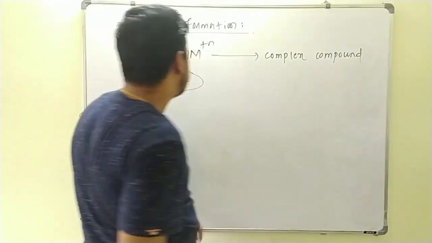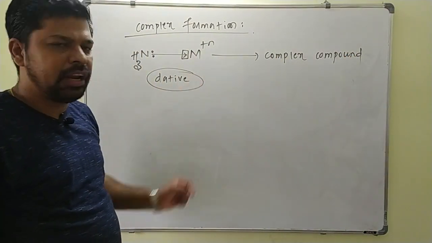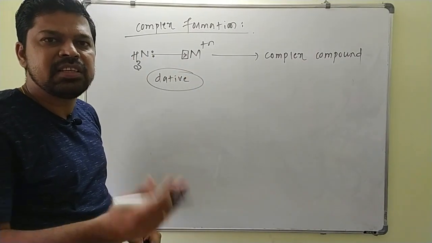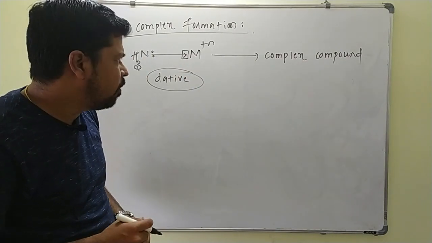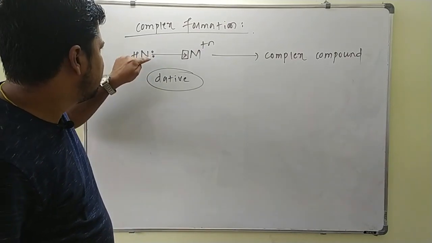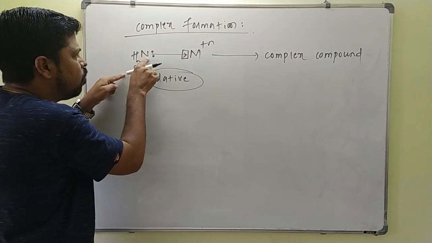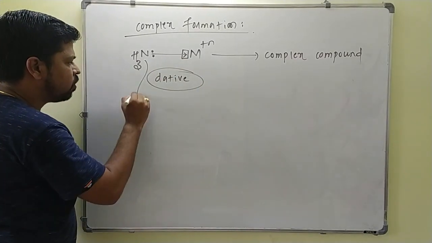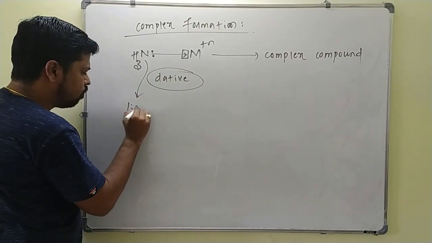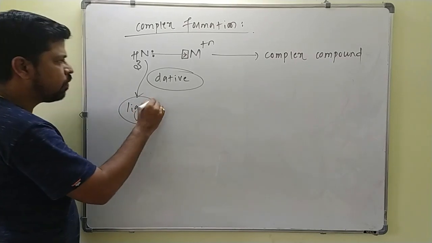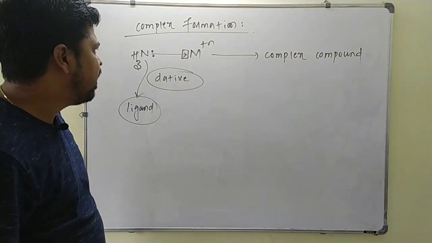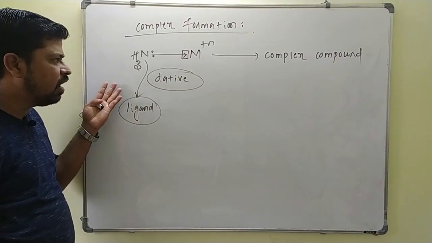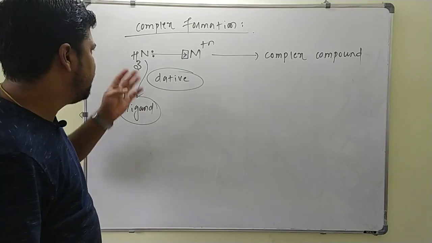So this metal ion is from the d block. We take transition metals; they will form a complex with ammonia since they have vacant d orbitals. Always keep in mind, the bond is formed from ammonia to the metal ion. This is the coordinate bond. This ammonia is also called a ligand. Ligands are nothing but the species which give a lone pair of electrons towards the vacant orbital of the metal ion. Lewis bases are nothing but ligands. You will learn it in the coordination compounds topic.